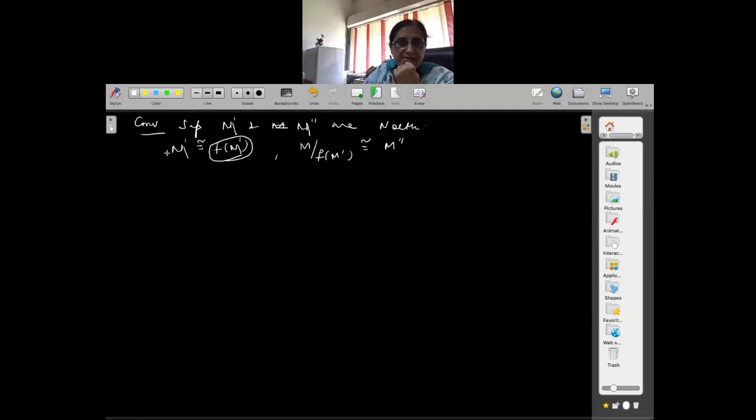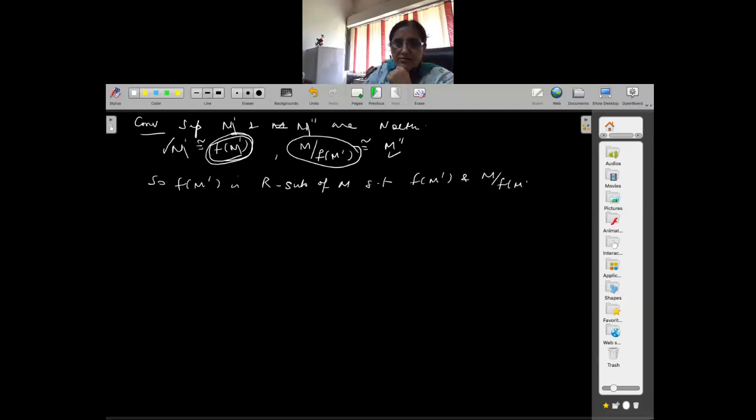This is Noetherian means this is Noetherian. So f(M') is an R-submodule of M such that f(M') and M modulo f(M') are Noetherian.